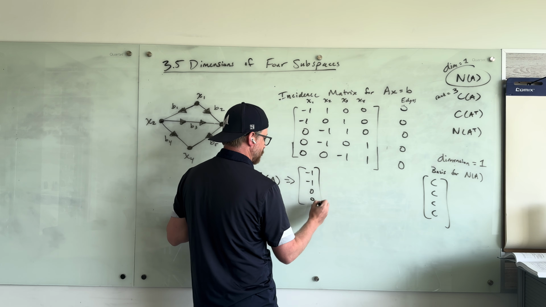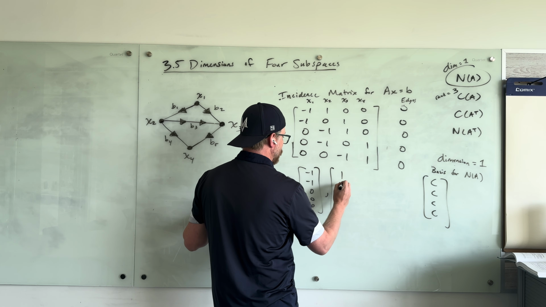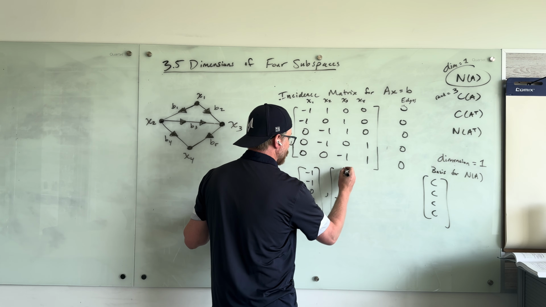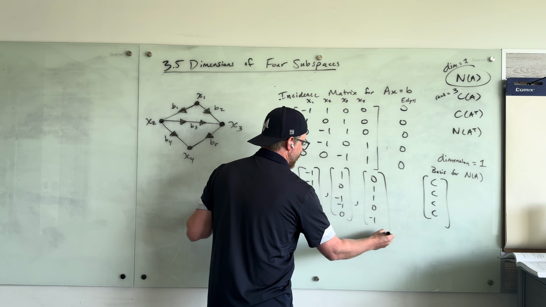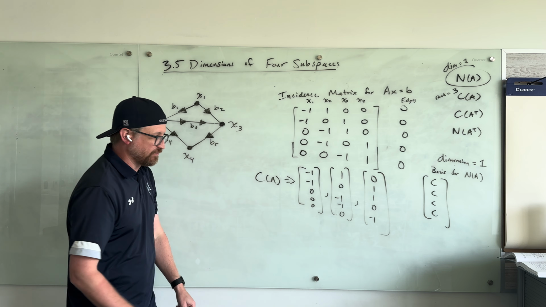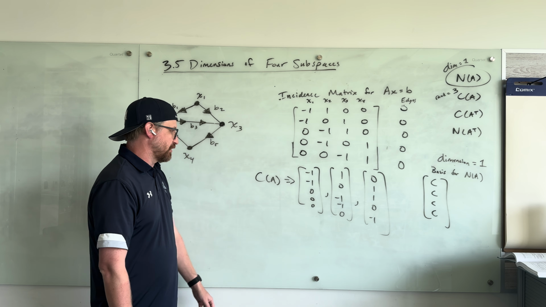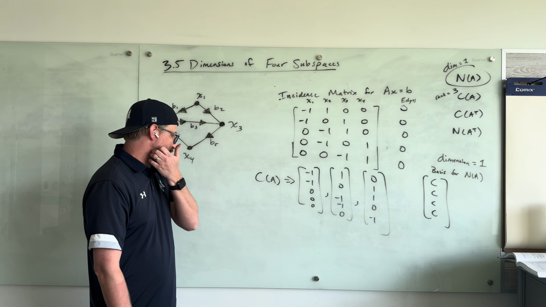0, 0, 1, 0, negative 1, negative 1, 0. And then 0, 1, 1, 0, negative 1. And notice this basis would have a dimension of 3. The space has 3 vectors in its basis. So